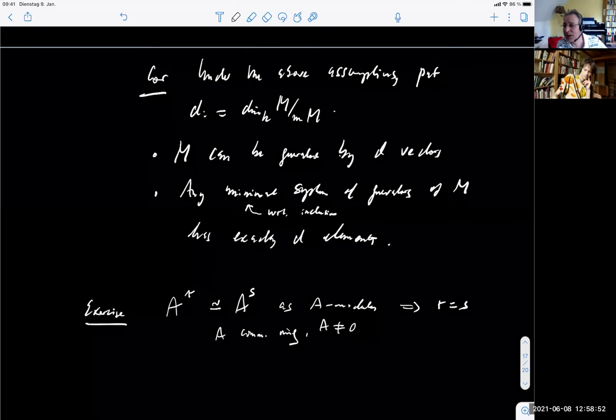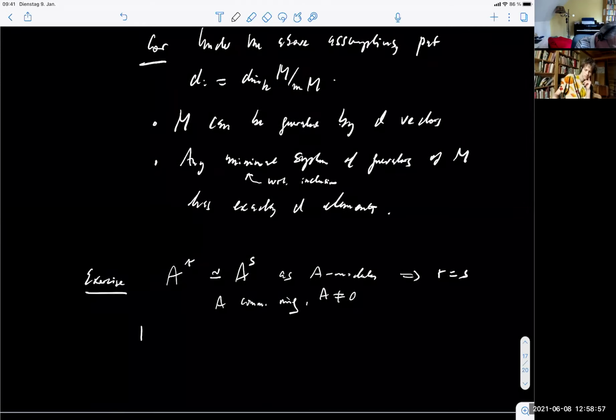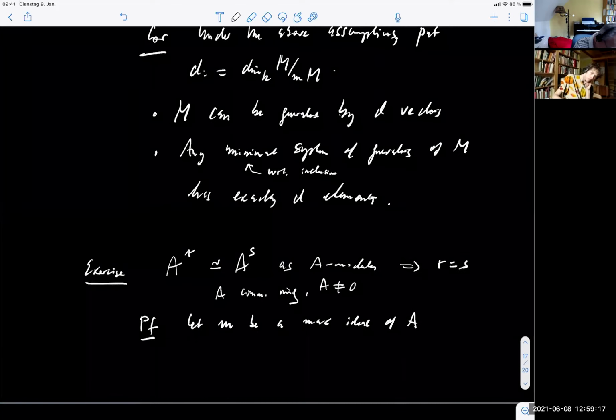Okay, let's do the exercise together. Proof. Actually, I don't need Nakayama. Nakayama is for more sophisticated stuff. You do this. Let m be a maximal ideal of A. It exists, because A is not 0. And then you take everything mod m. So you get